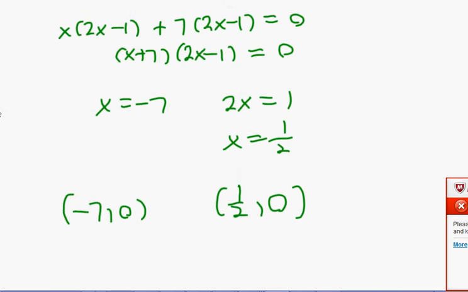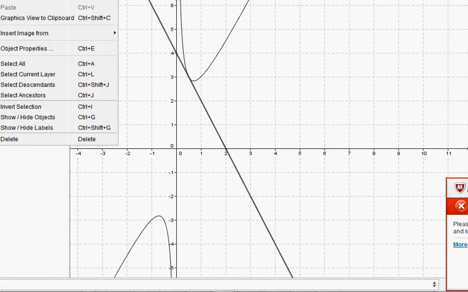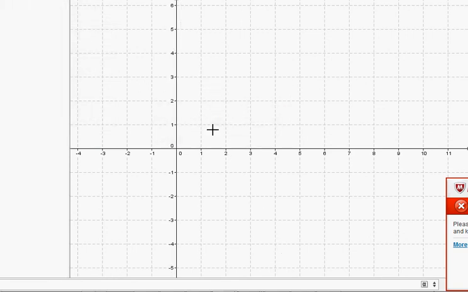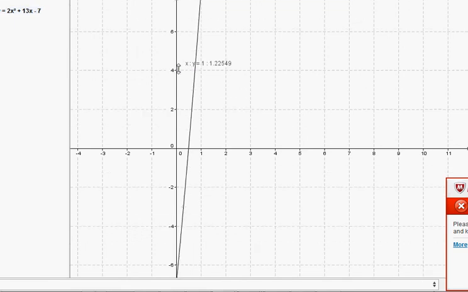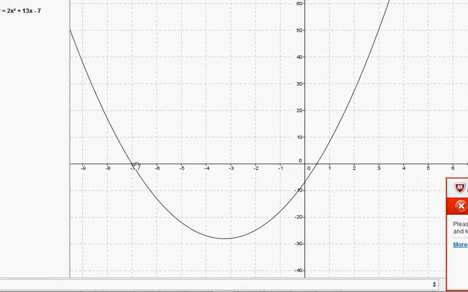Now, you sketch the curve, and as you guys all know already, if I just get all these points and put them in here, we're going to get y equals 2x squared plus 13x minus 7. Lo and behold, it's a very big graph. That's why it's not coming out there. There you go. And that's your graph there. Crossing at minus 7, 0. And you're going to draw just the main points here. You're going to draw your minimum, and then you're going to draw your other value there, and then you can get one other value and just link them together. That's a sketch, okay? Alright guys,